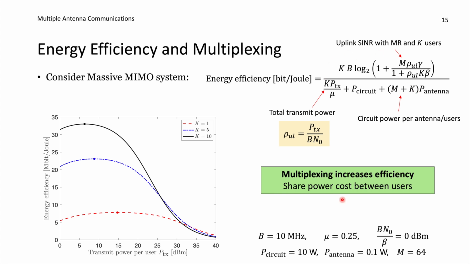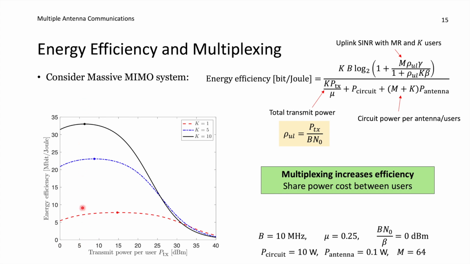So by multiplexing several users at the same time and frequency using massive MIMO, we can have a more efficient use of our base stations. Yes, the energy consumption will grow because we add more users, we add more antennas, but the data rate is growing even faster, and that is why we get a higher energy efficiency when we are serving many users than when we are only serving one user and having one antenna, for example, that we were considering on the previous slide. So massive MIMO can improve the energy efficiency if we are combining it with also an efficient power control,